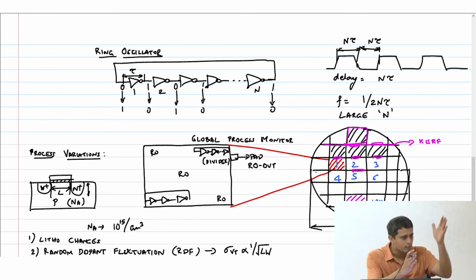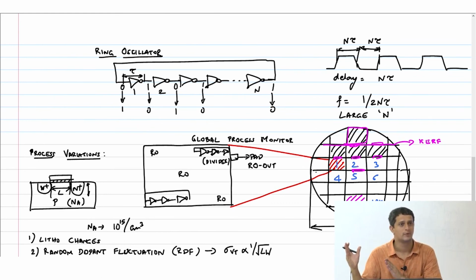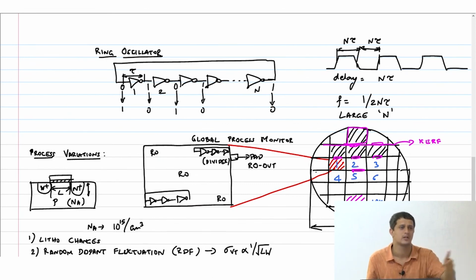So the fab manufactures a wafer, gets all the dice, then they make measurements on all these kerf structures. If the process has shifted significantly, it's a problem, it's a red flag. So the moment they see that the process variation is more than the acceptable limit, they will have to go back and debug and correct the manufacturing process so that it doesn't continue, right? So you make measurements here, make sure everything is fine, and then you cut it. The ring oscillator doesn't matter after that, because once you have made the measurement, you can as well